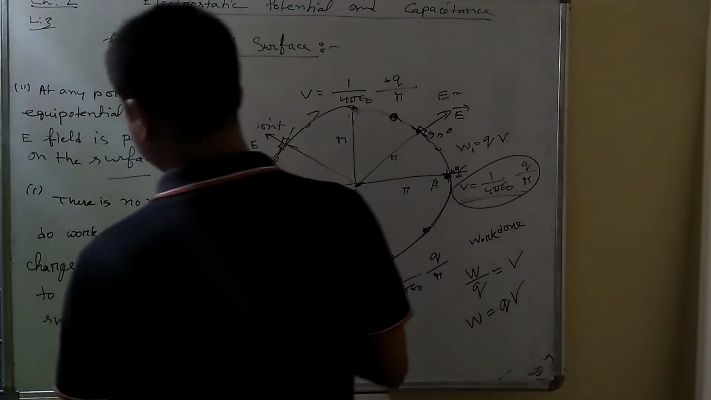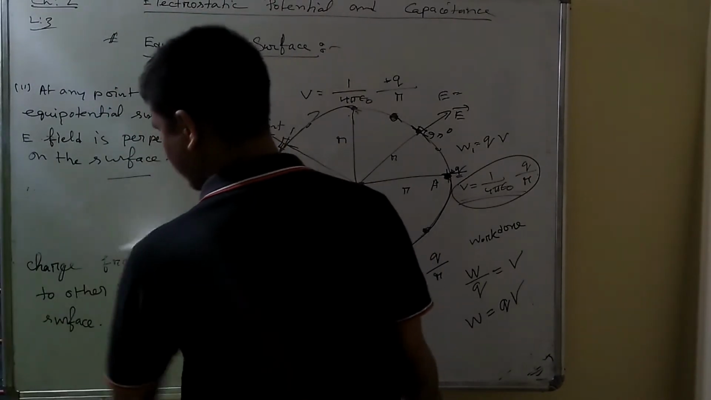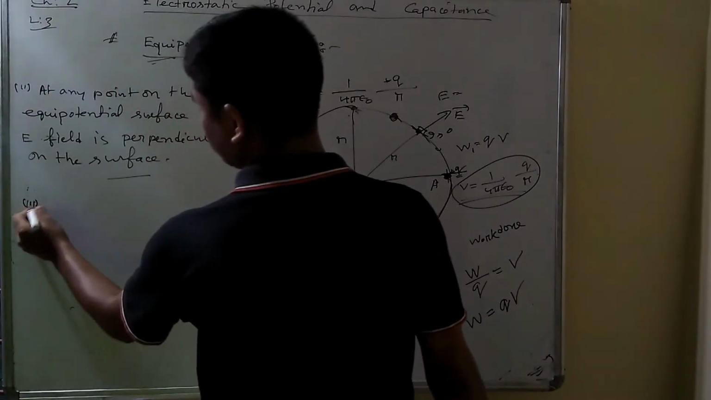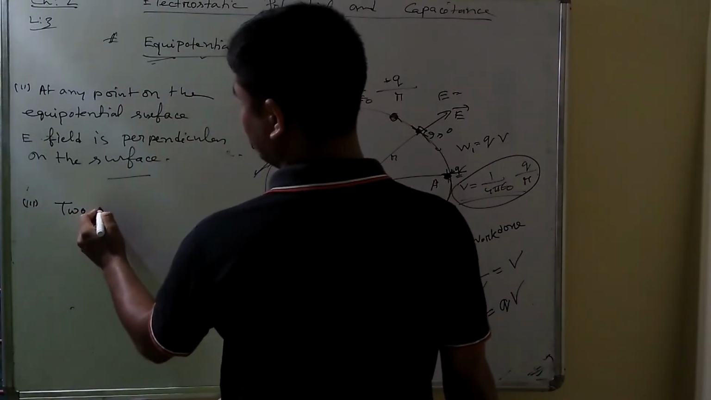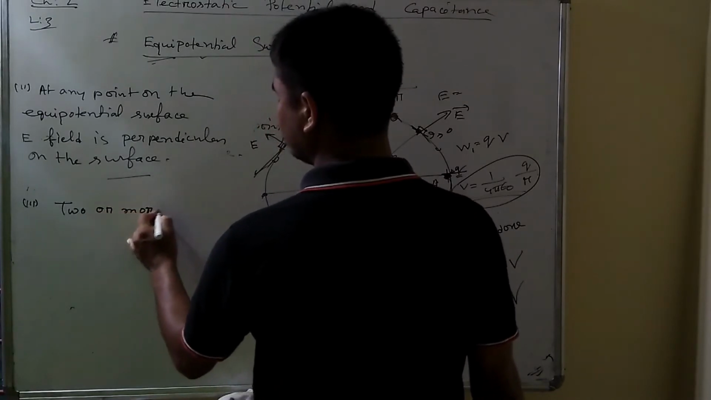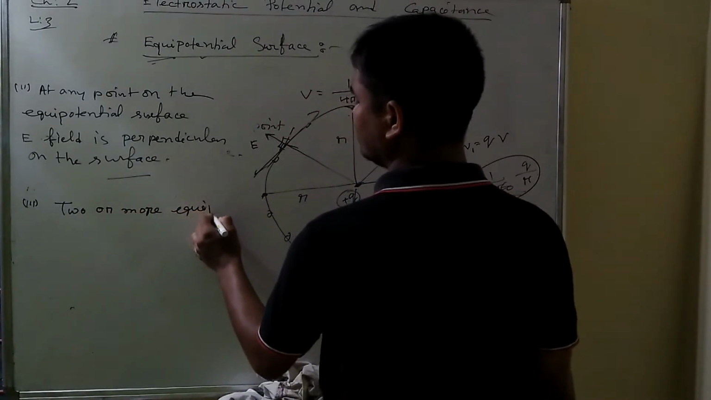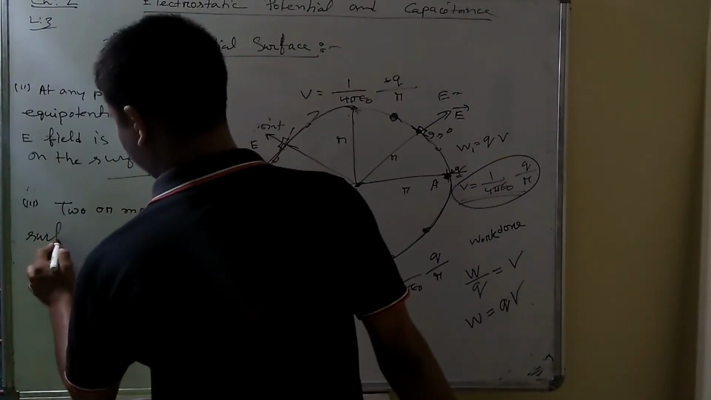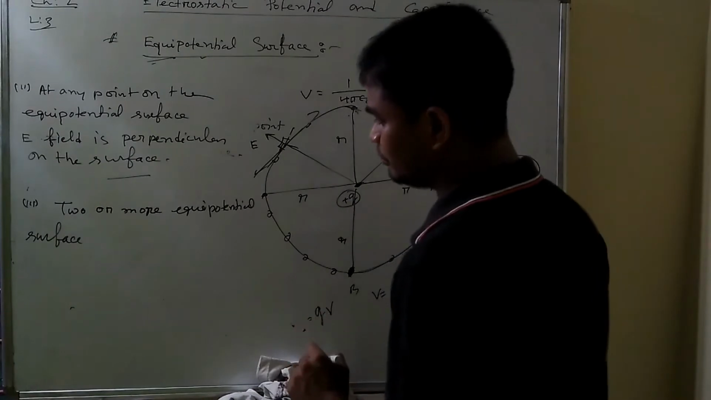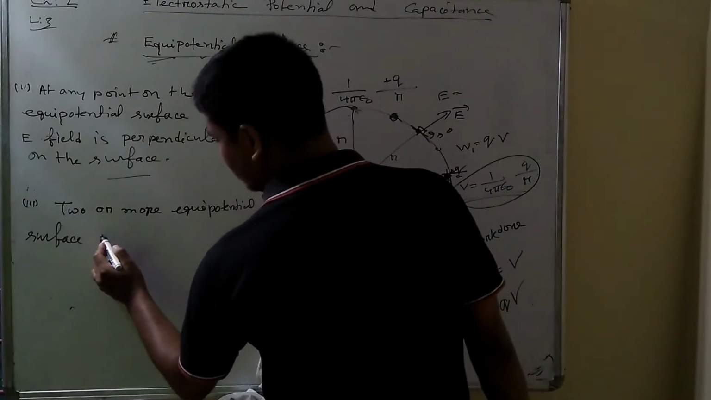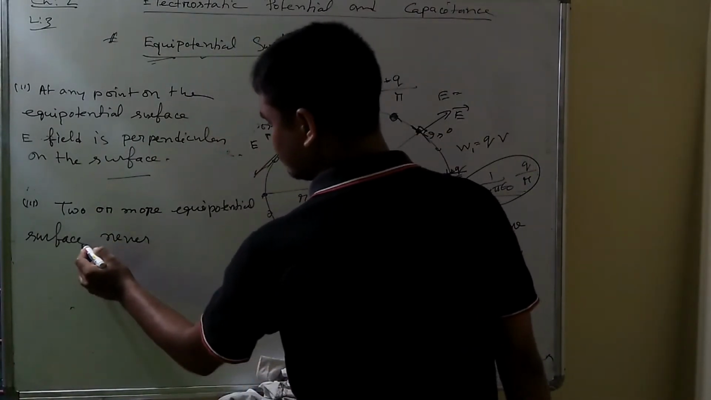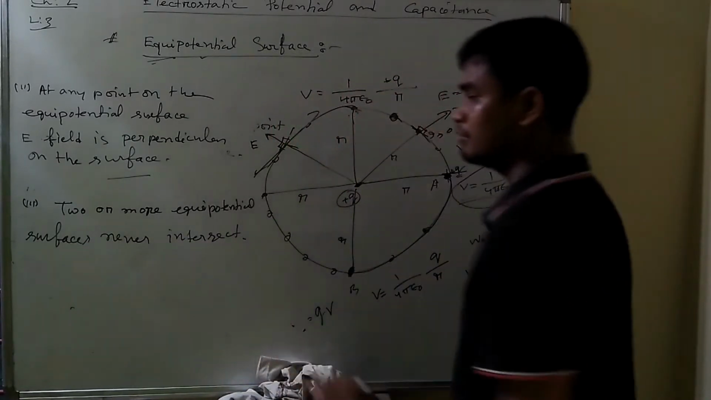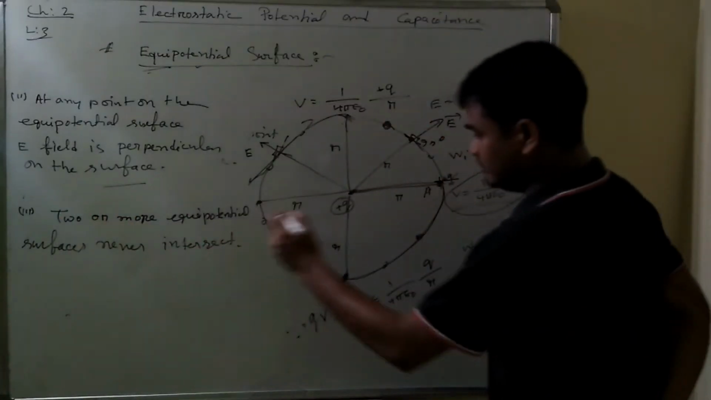Next property is, two or more equipotential surfaces never intersect. Okay, we can find here